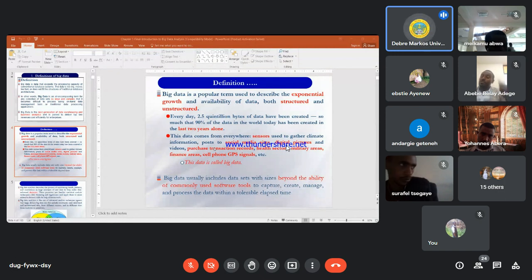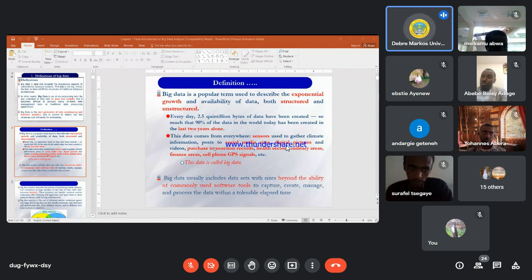It is very difficult for humans unless we use some technology. It is called big data analysis. It is beyond our capacity and beyond the traditional software capacity, so we have to use some technology.